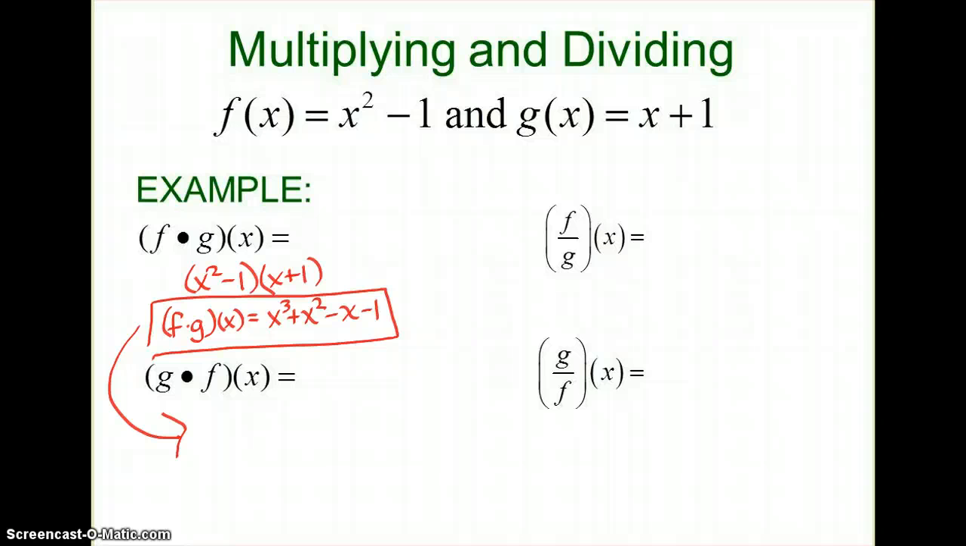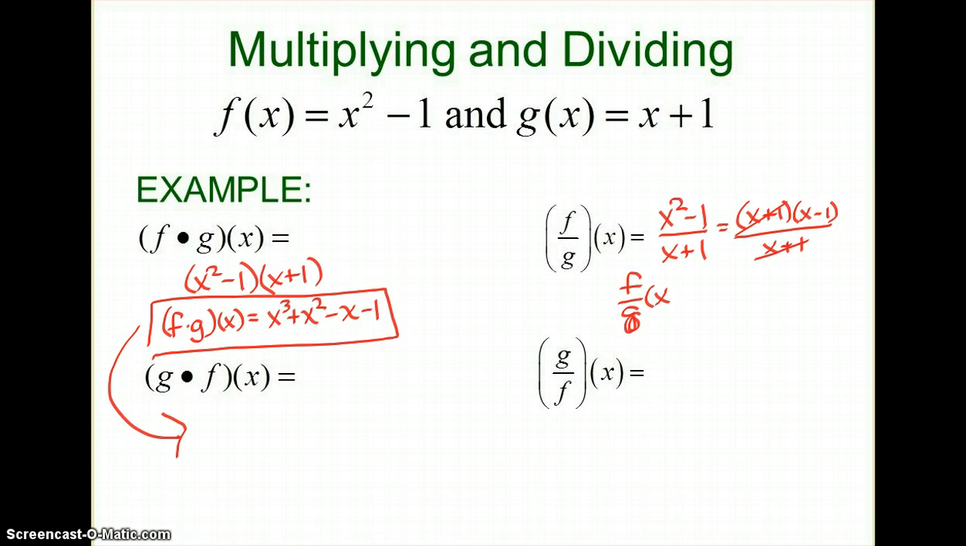It's not commutative. So if I'm going to do f divided by g, I'm going to start with x squared minus 1 over g, which is x plus 1. Now, in this case, I want to do two things. My numerator, x squared minus 1, does factor. And when I factor it out, you'll notice that it creates a common factor with the denominator. So my x plus 1's end up canceling out, and I get f divided by g of x equals x